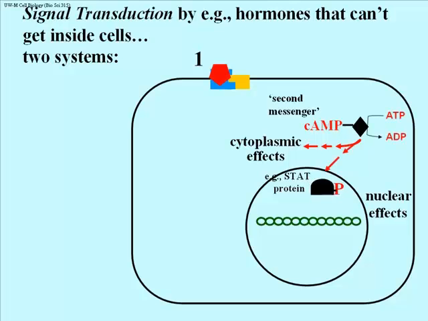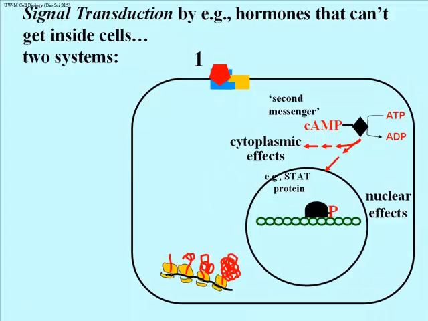Here we have gene regulation. The other pathway for this enzyme is to create a phosphorylation cascade that, again, phosphorylates one protein after another. In this example, we end with the phosphorylation of a protein called STAT. It's a signal transduction and activation of transcription protein. That's what STAT stands for.